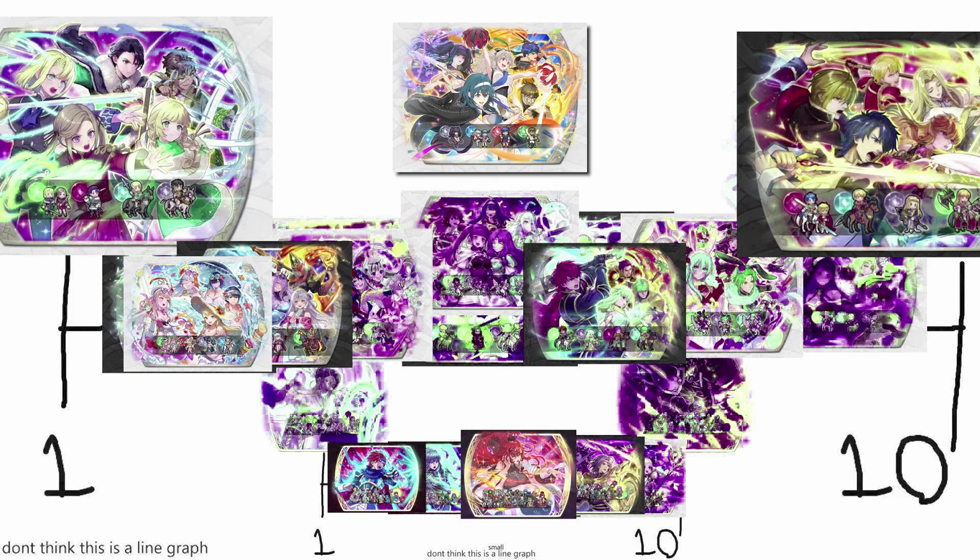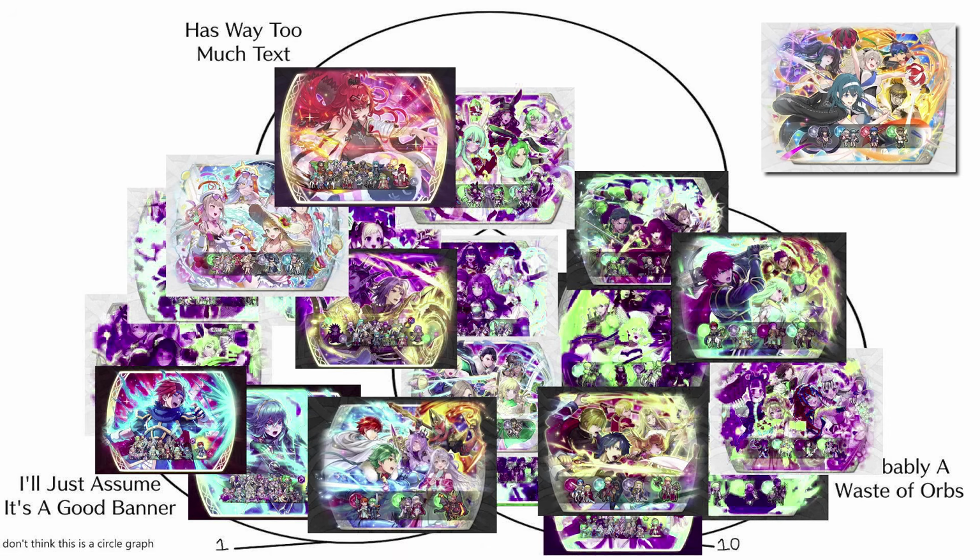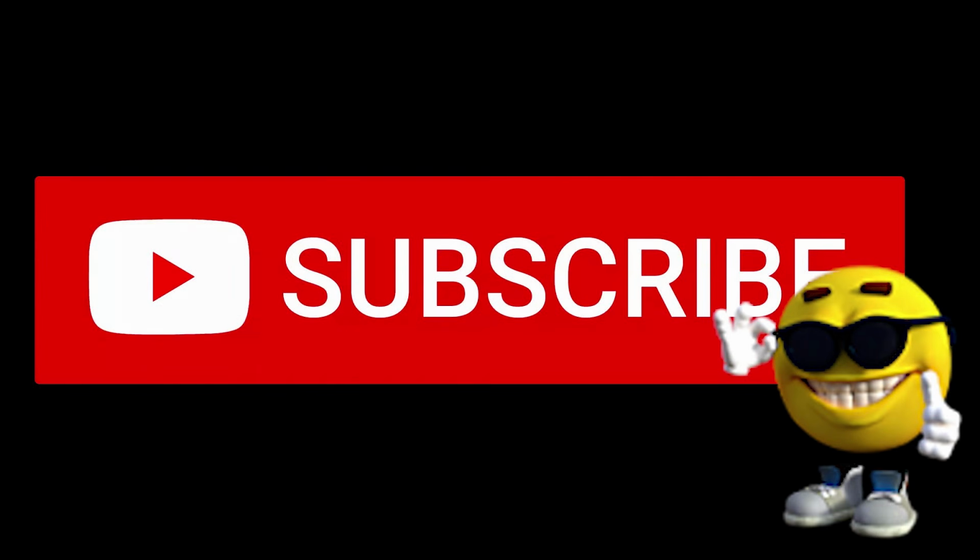And as per tradition, I will be using this coveted line graph that may or may not be a line graph at the end of the day to rank the brand new seasonal banner, as well as the circle graph that may or may not be a circle at the end of the day alongside it. Today's rankings will be based on how creative this banner is,